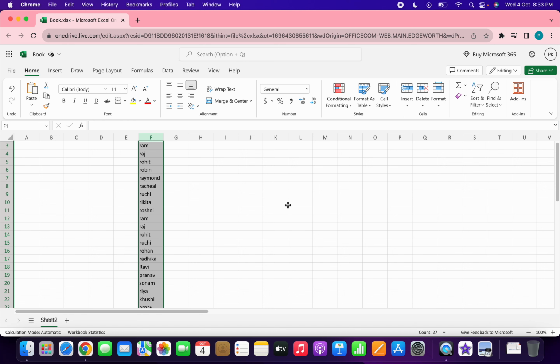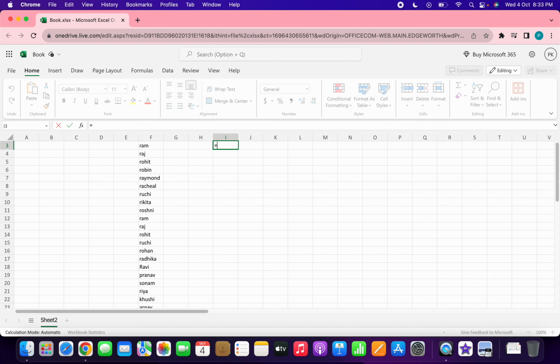So how I can do that is by using the formula COUNTA, that is for counting the non-blank values in a particular range. You can use this formula by entering equals in any particular cell where you want that value to be displayed, the number of values, the count of the names of